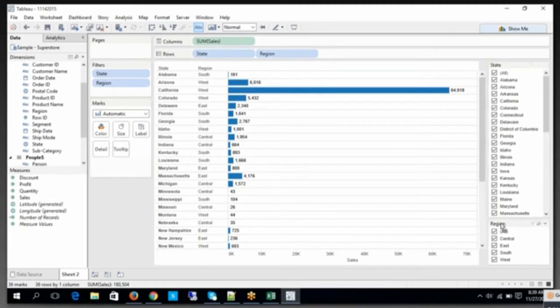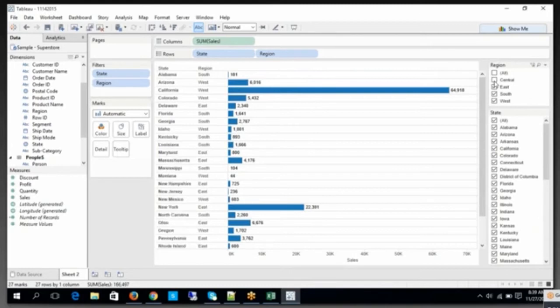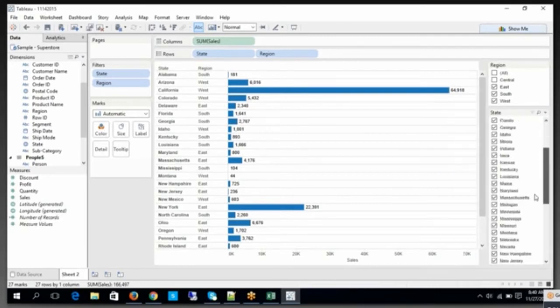Now, when I select central, it has to show me all the central related states. Okay. Now, at this moment, if you observe clearly, what is happening, guys? You have all values. Okay? All values at a database level, which means whatever values you have at the data source level, it is going to be reflected.